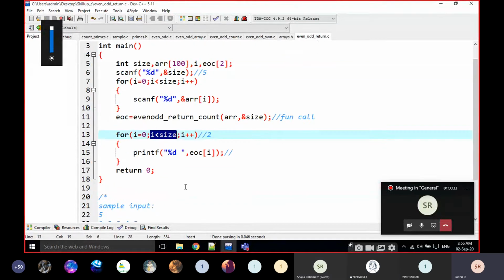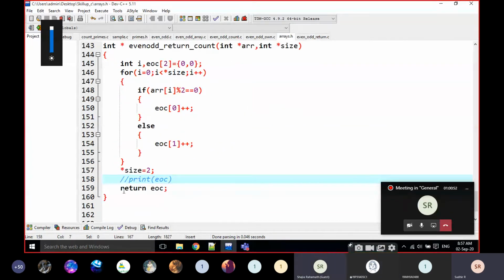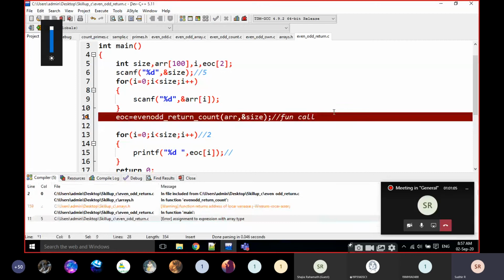Here I am going to print some ARR. What is that ARR? I am going to pass the ARR as the value. Then what is ARR? EOC. ARR is the address, right? The same thing here also, I am returning EOC. EOC means that is the address of the first value I am returning. For example, I will execute it. What is that?